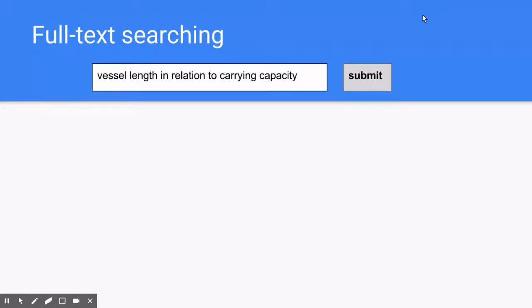On to full text searching. I want to throw in a quick disclaimer here. The next several slides are slides that I made up. I did not want the viewers to get stuck on any particular interface, but the example that I'm going to